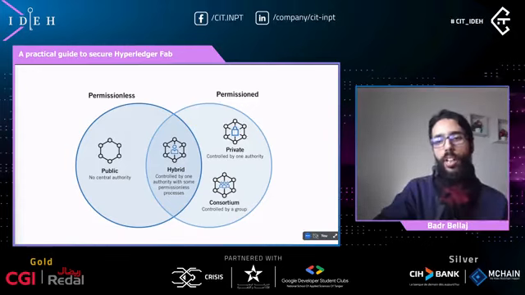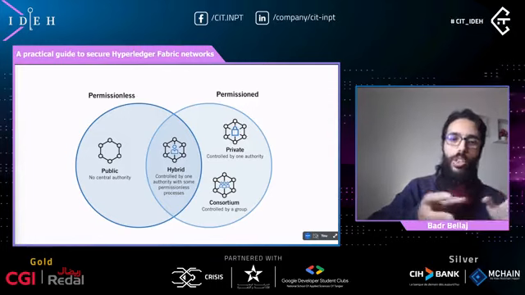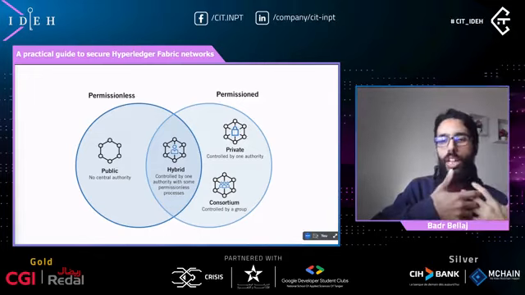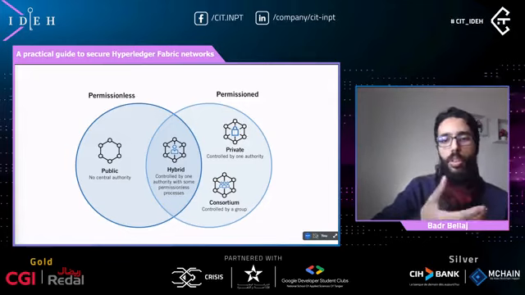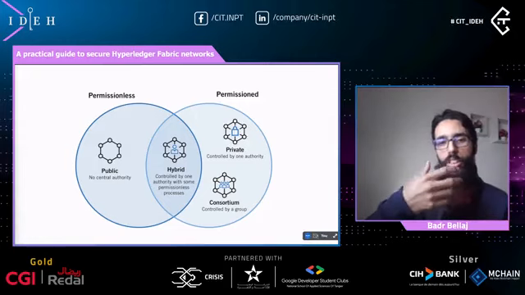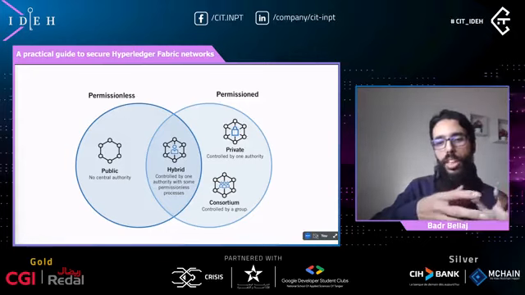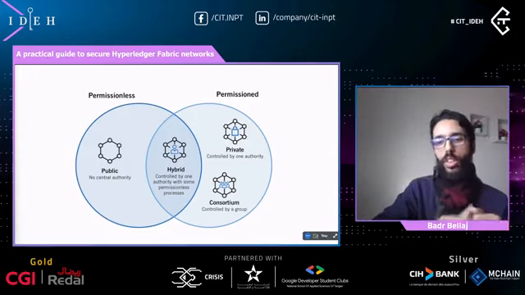We have also the third subcategory, which is the consortium blockchain. These are also permissioned blockchains, but they are governed by a group of organizations rather than one entity. So they enjoy more decentralization than the private blockchain. And also we have hybrid blockchains. These are blockchains that are controlled by a single organization, but with a level of oversight performed by the public blockchain, which is required to perform certain transaction validations.